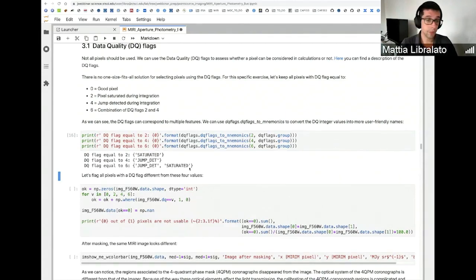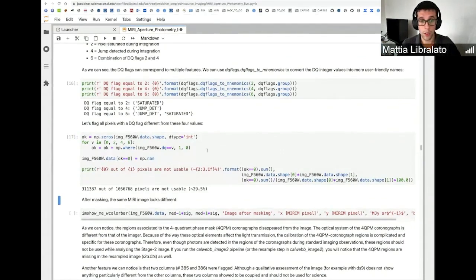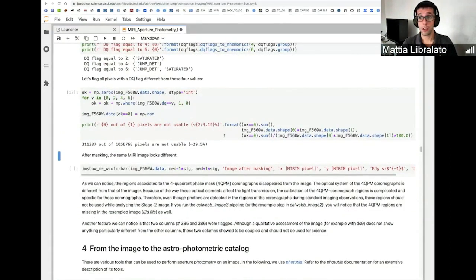or both. So now, if you run this cell here, what it does is flag all the pixels that do not have a DQ flag equal to any of these 4 values, and these pixels are going to be flagged as not a number. So I will always remember that I do not have to use them. I already ran this cell, and you see that about 30% of these pixels should not